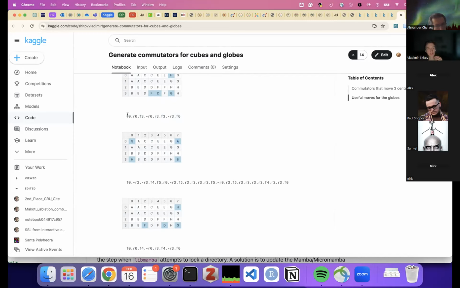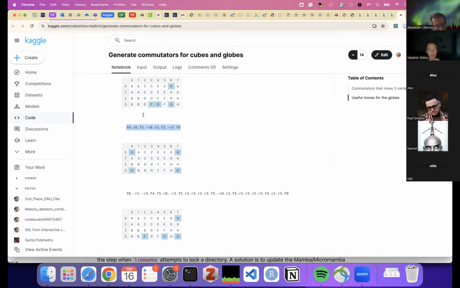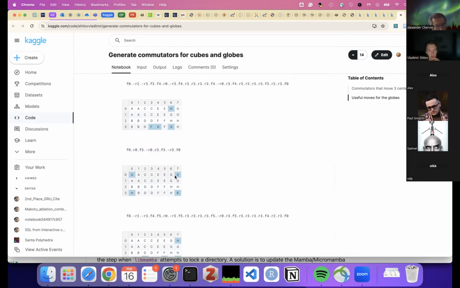But the beauty of these smarter moves is not only that they move certain pieces, but also that they commute with each other in many cases. So for example, if you have this move that moves these corner pieces, and then you have another move that moves these 4 pieces, you can actually combine them in a smarter way and get a new move.